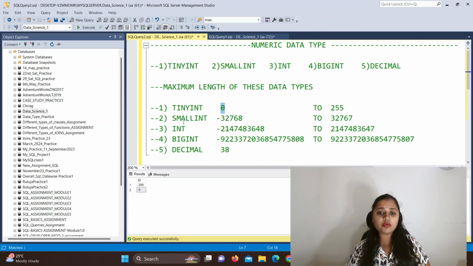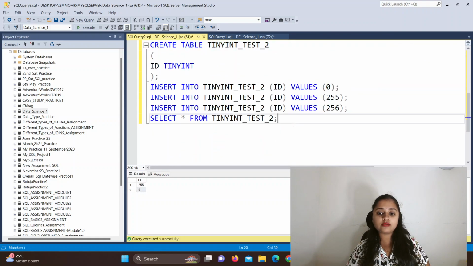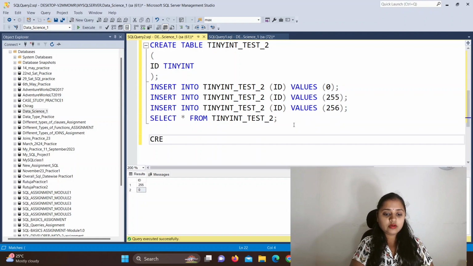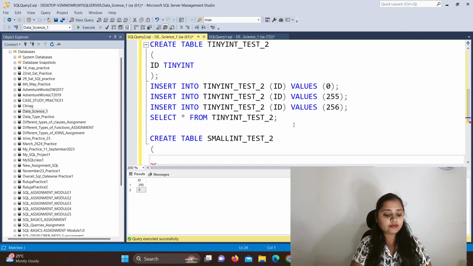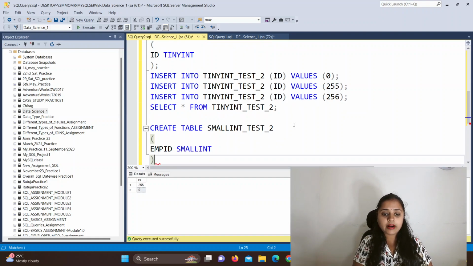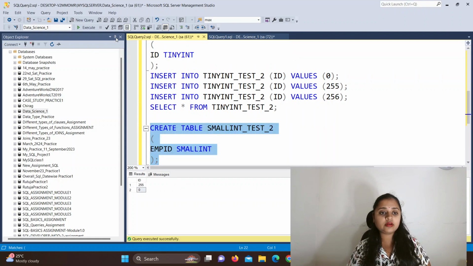Now let's move towards the next numeric data type, that is small int. For better understanding, we will create a table for it. Small int underscore test underscore 2. This is my table name, and then I will give the column name as employee ID, and then give the small int data type, and then bracket close, semicolon, and then select this and execute it.